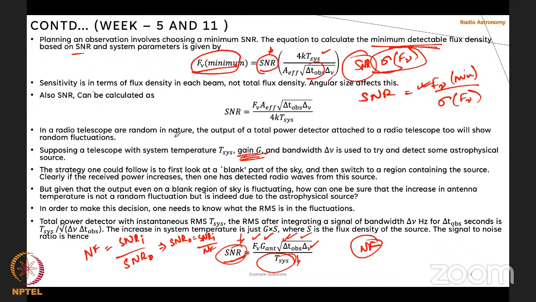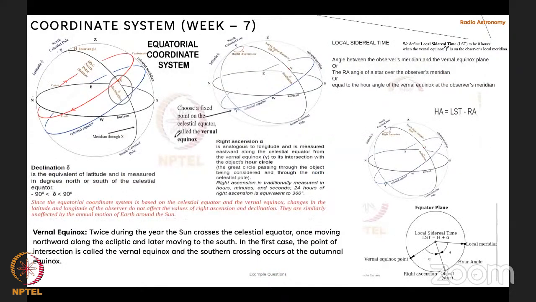So for that, we need some kind of measurement technique or dimensional units to represent a particular region of the sky, or a particular star or source in the sky. For which we have a coordinate system,